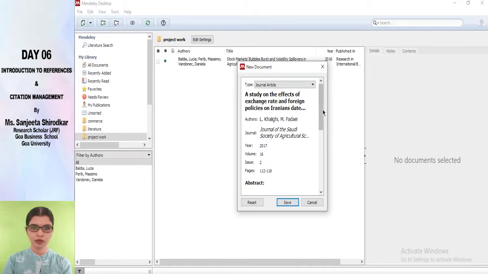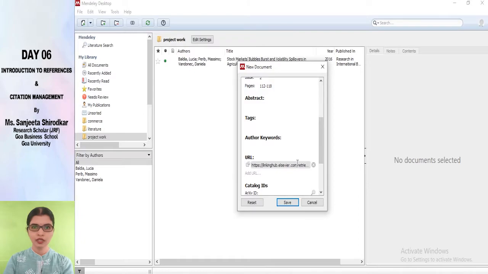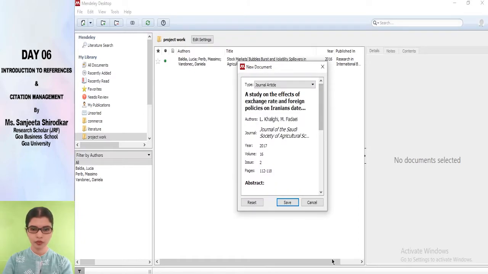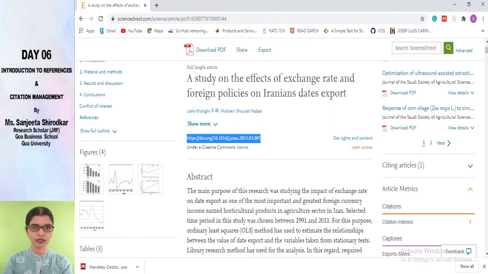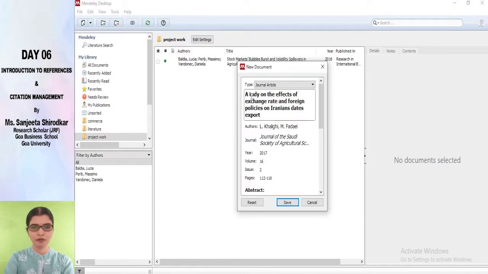So here you would see that all the details have been pulled out, including the URL where it is available. So it is always advisable that you go back to the source and cross check all the details, whether they are correct, whether the names of the authors are correct and all those things. So here for me everything seems, at least at first glance, to be correct. And here the title, see, if you want certain things in caps, then you could make it caps. For example, here I want exchange rate to be in caps, so I'll make it.